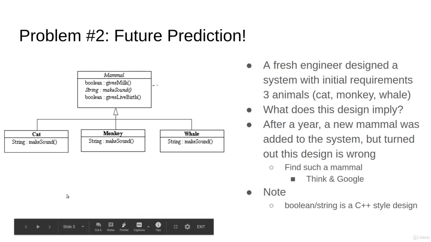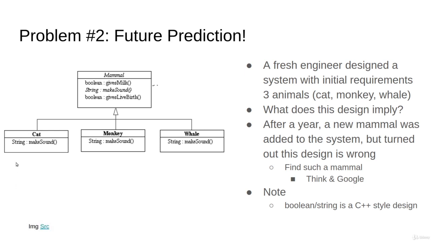In the second problem, I would like you to take this class. Don't get confused about the word string here. It's just more like a C++ design style. A fresh engineer designed this system. Initially, we have 3 animals, which were cat, monkey, and whale, and we have some methods about them. At the moment, the class was going very well, but I would like first to think, what does this class imply? And also, after a year, we discovered that we would like to add a new mammal to the system,